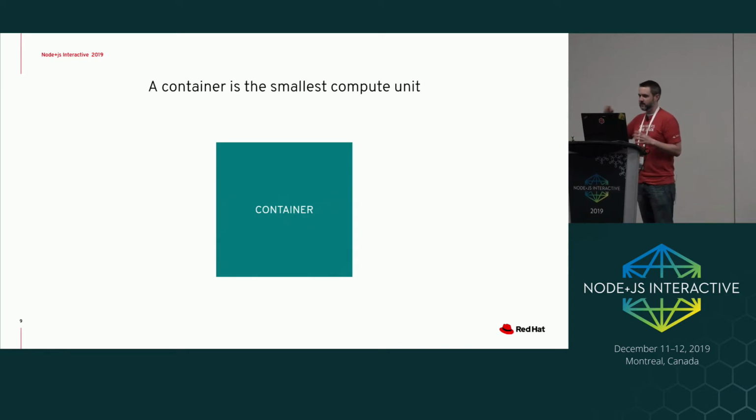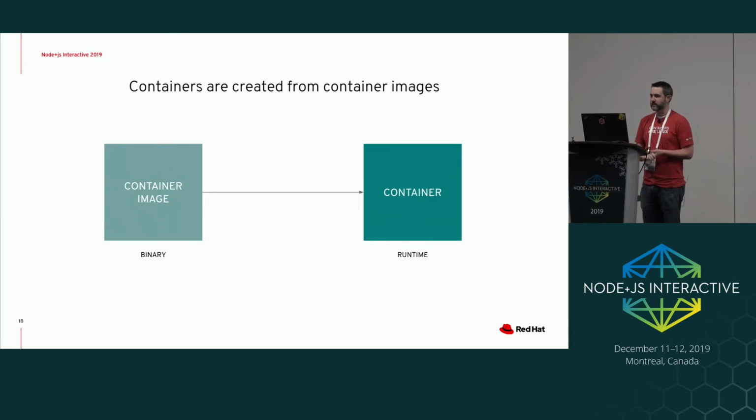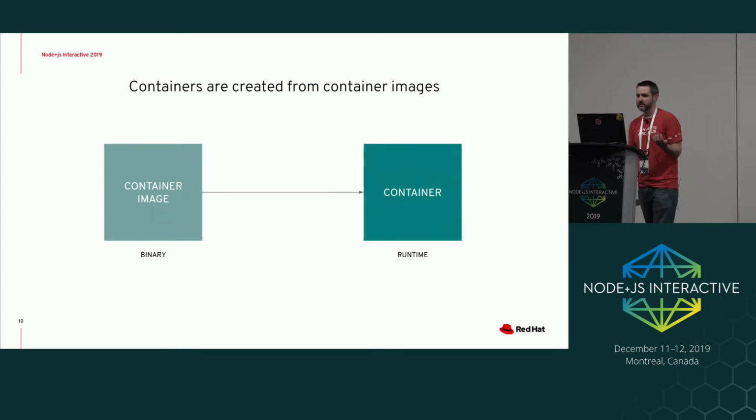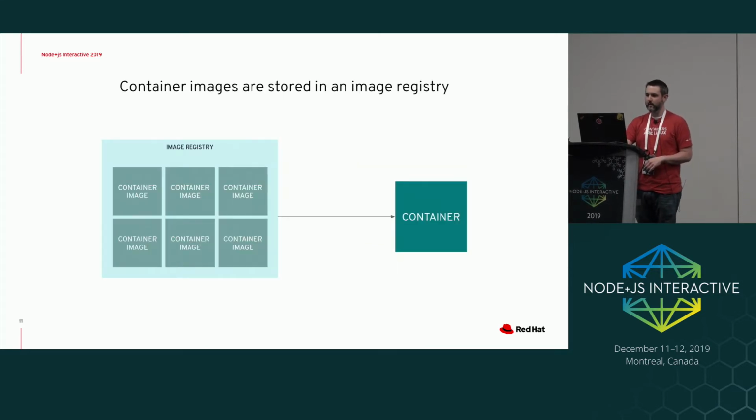That's kind of the way this is going to go. So a container is your smallest thing that you have. And then there's these container images that you combine with your code, and that's actually what creates the container. And then those containers are stored in an image registry somewhere, something like Docker Hub. OpenShift actually has its own internal registry where you can store your things like that, maybe Quay.io